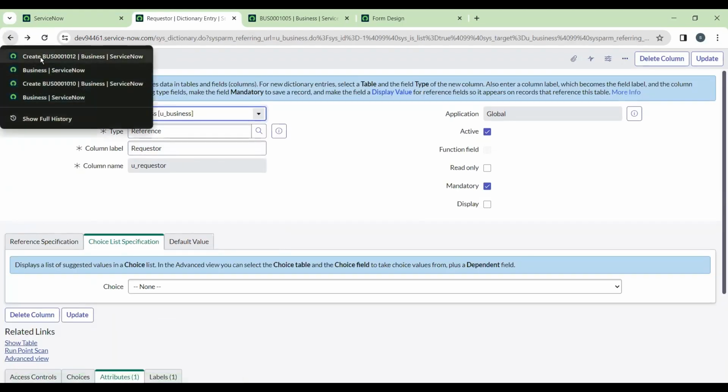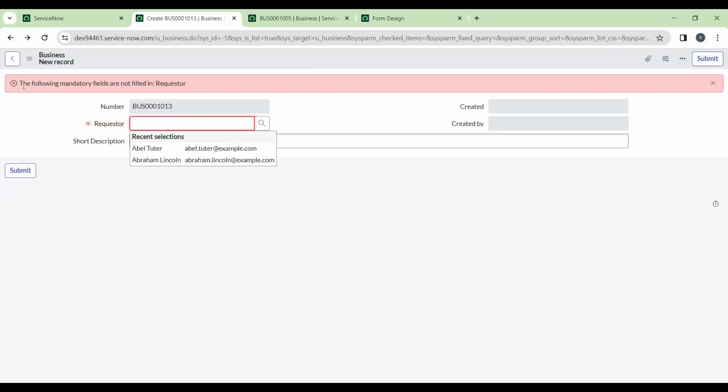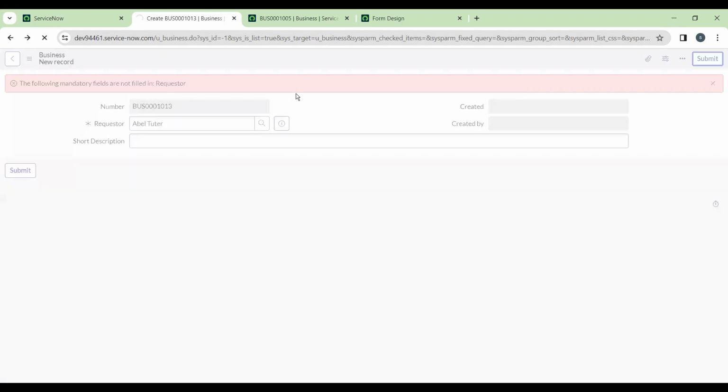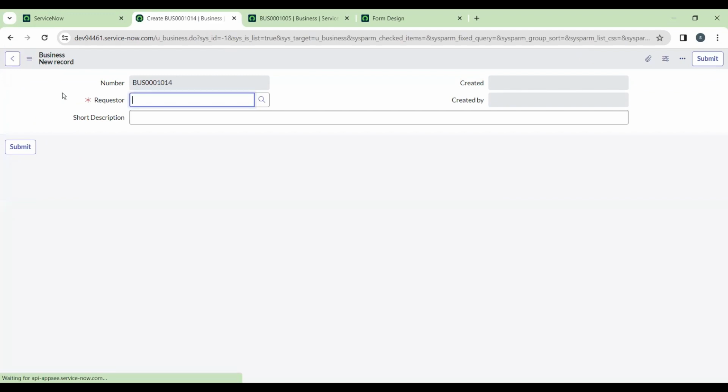Go back to the form. Here is the form. As you can see, it is now mandatory. So without giving any data into it, we can't submit the form, as the field is mandatory. As you can see, it says the following field is not filled, which is requester. So we need to select at least some value in that field, and now we can submit the form. This way we can make any field read-only or mandatory by using the ServiceNow out-of-the-box function, that is